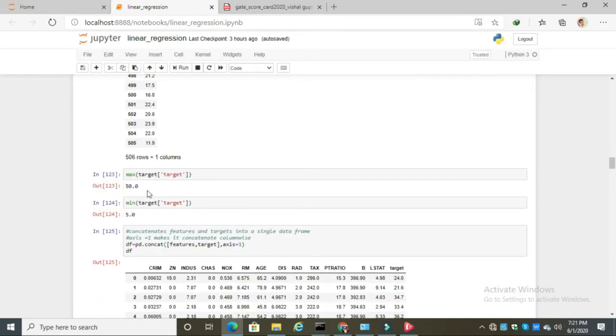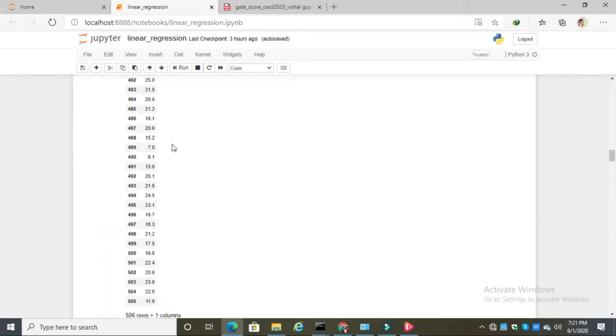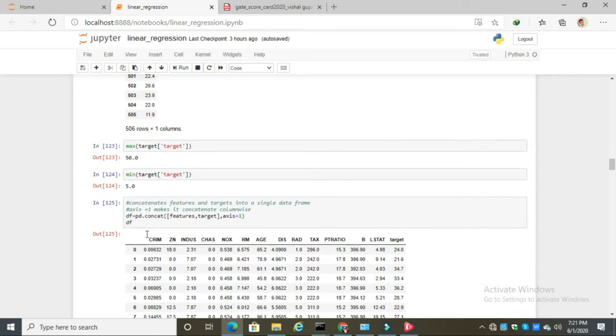Okay, and we see that the minimum value is 5 and the maximum value is 50, so in between, the values are also present in the target column. See, the output is this.